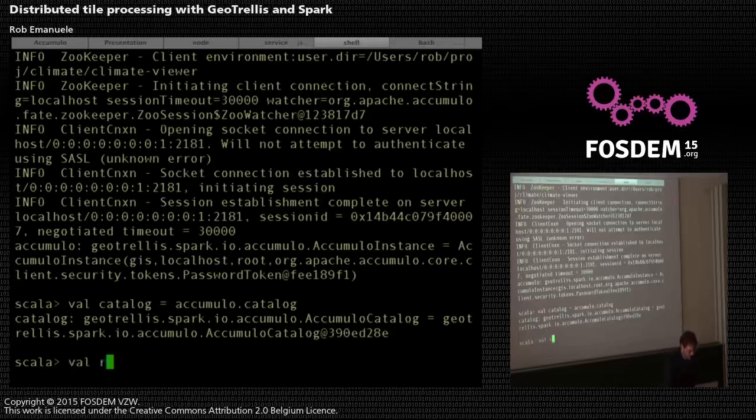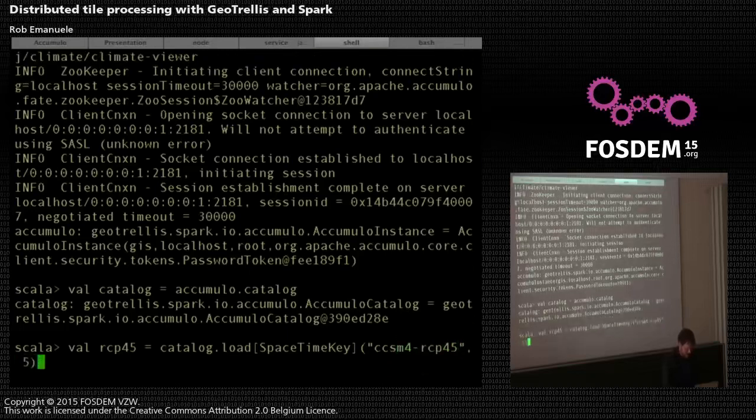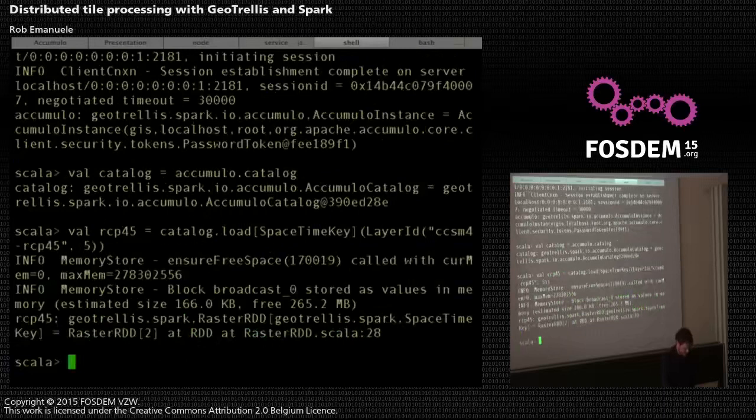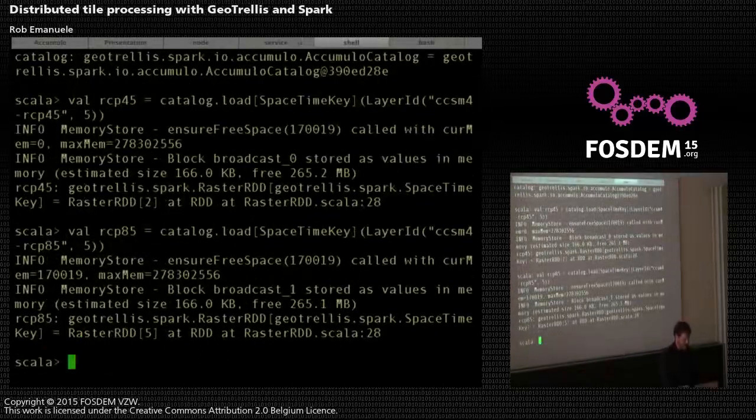So I can start loading data out of this by doing catalog.load. I have to strongly type the key type so that I get an RDD that's actually typed on the space-time key. And then what was that model name? CCSM4-RCP45. And let's work with zoom level 5. And oh, you know what? I need to put in the layer ID class. And that's it. Great, so we can do the same thing with RCP 85,